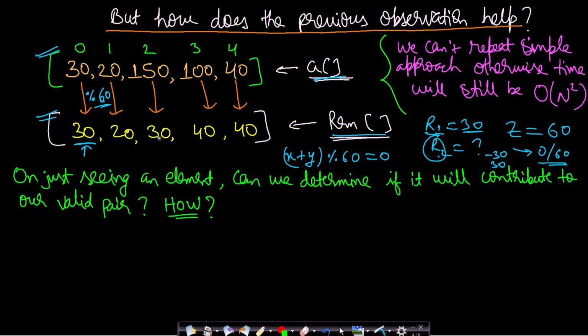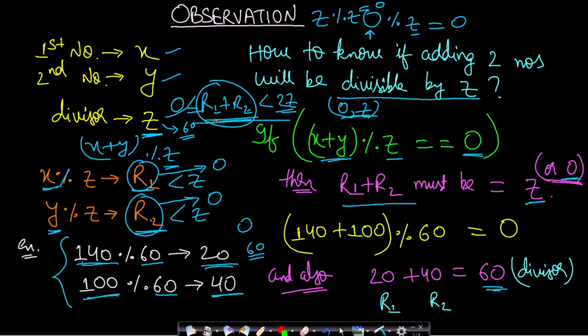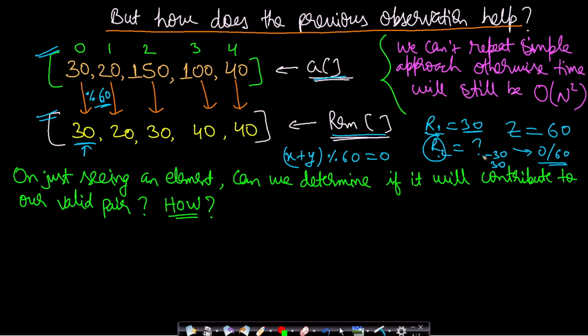But the remainders calculated here are all non-negative and will always be positive. As I have already said, the remainder sum will range from 0 to 2z, and the range of remainders will always be positive, starting from 0. So this value is out of the question. Now you are left with only one value, which is 30. So you need to find, if we are seeing a 30, is there any other 30 to the right? You can just traverse through the array and find that yes, there is 130 and there could be another 30, right? There can be multiple 30s. So you identified that our count can increase, like this is a valid pair.